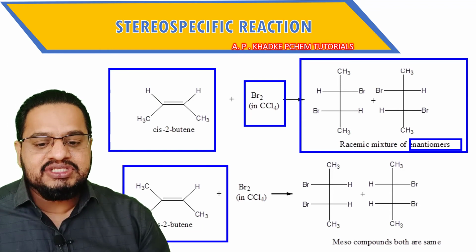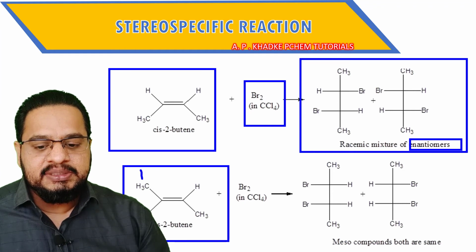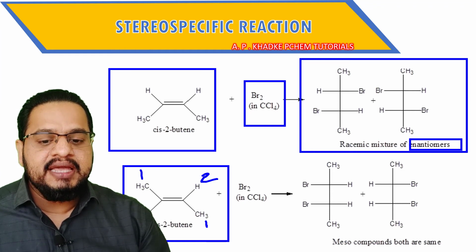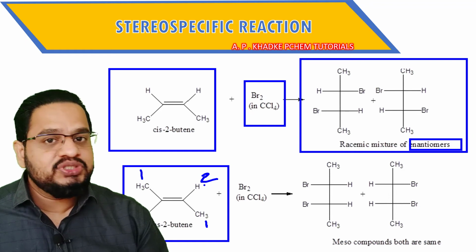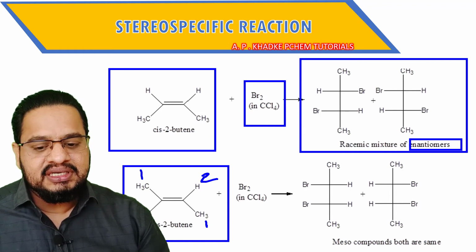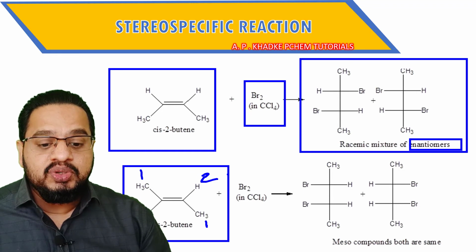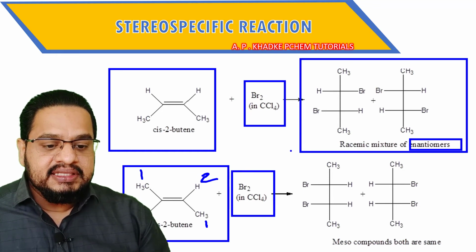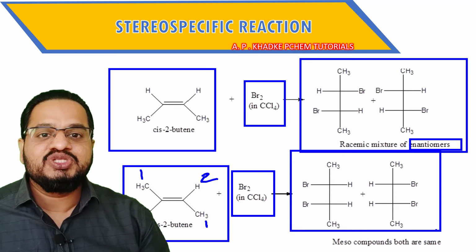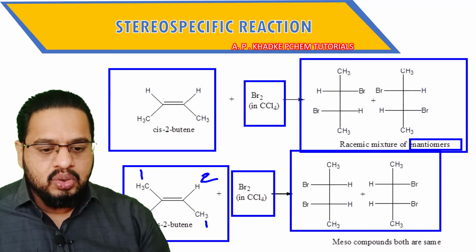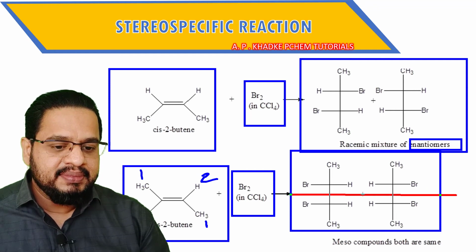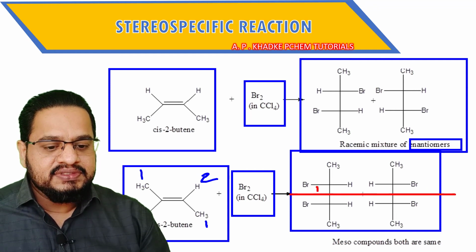And if it is a trans one, trans आहे का आहे पहा, याची प्रायोरिटी 1, याची प्रायोरिटी 2, इथे 1 आणि इथे 2, सेम प्रायोरिटी जे आहेत ते ऑपोजिट साइड आहेत, म्हणजे दिस इज द ट्रान्स 2 ब्युटीन. ट्रान्स 2 ब्युटीनचं जर मी ब्रोमिनेशन इन कार्बन टेट्राक्लोराइड केलं, इन दॅट केस द कंपाऊंड विच आय एम गेटिंग आर दी मेसो कंपाऊंड. मेसो कंपाऊंड आहेत का? हो आहेत. कशावरून पहा, इथे जर मी असा प्लेन ऑफ सिमेट्री मध्ये जर टाकली तर या प्लेन ऑफ सिमेट्रीच्या बोथ